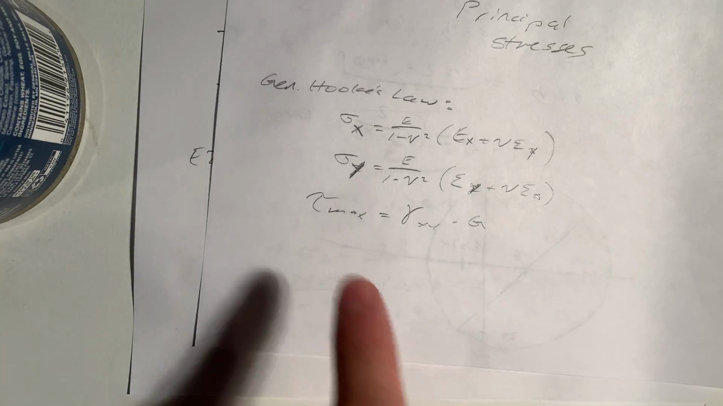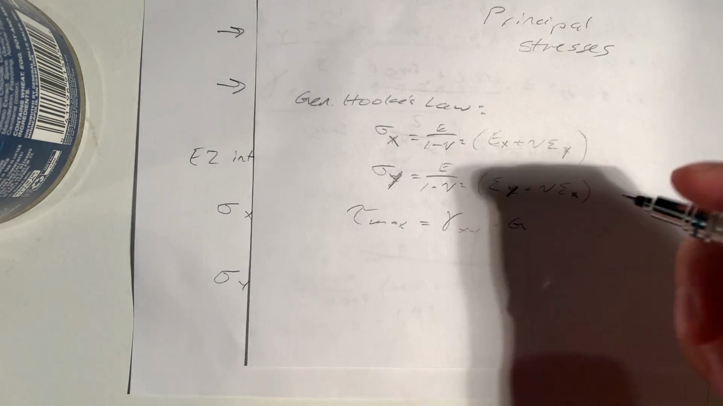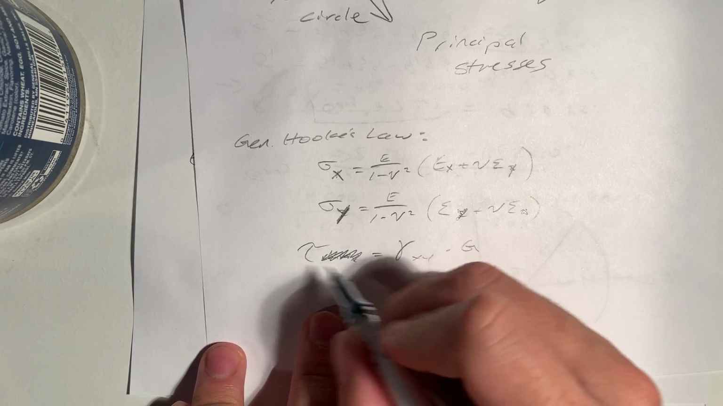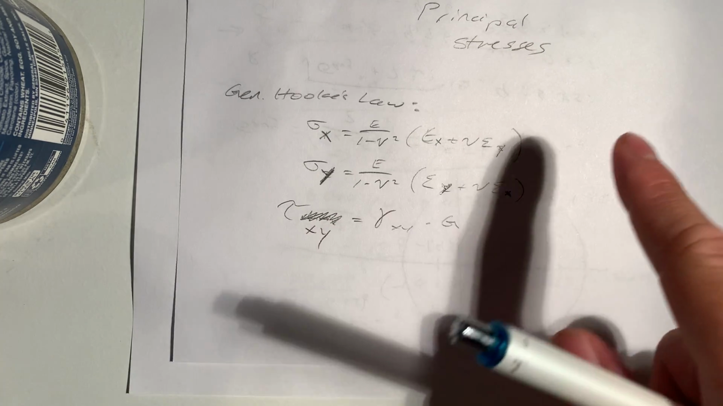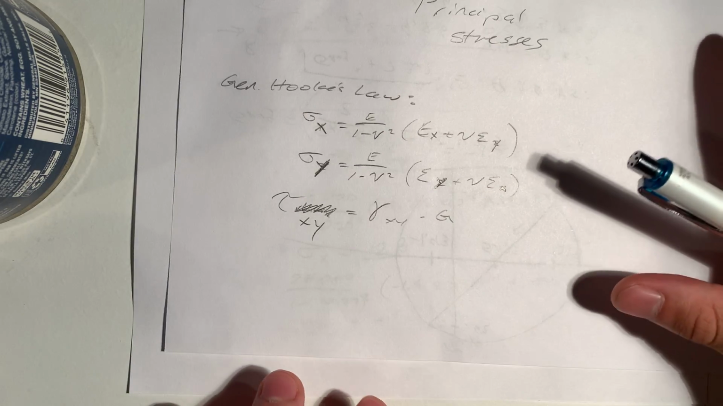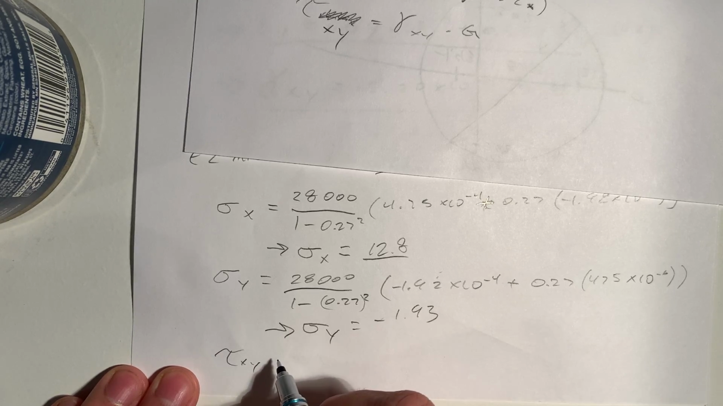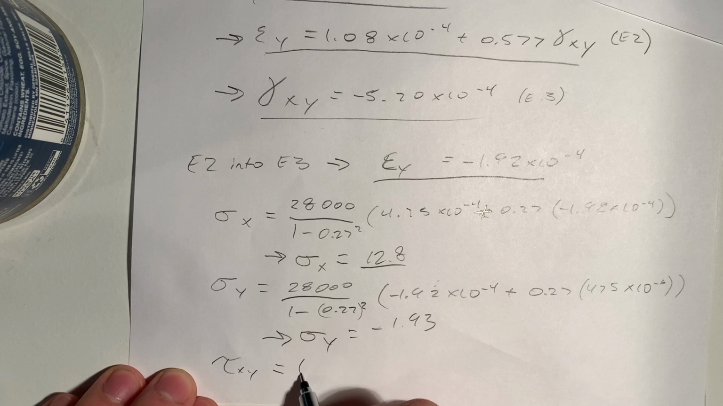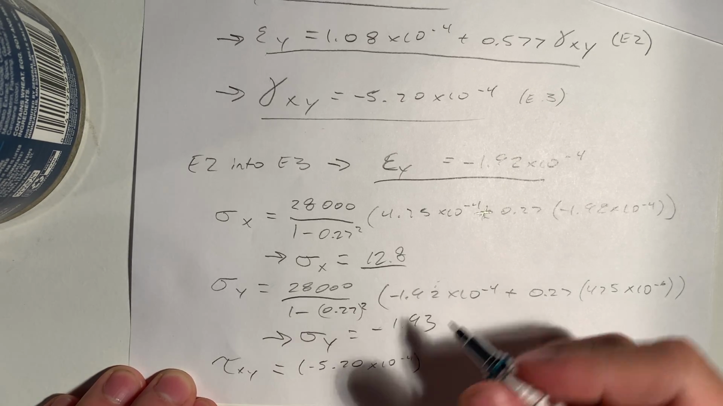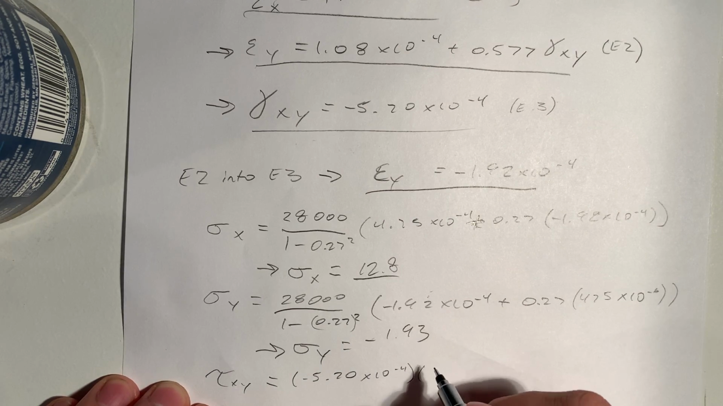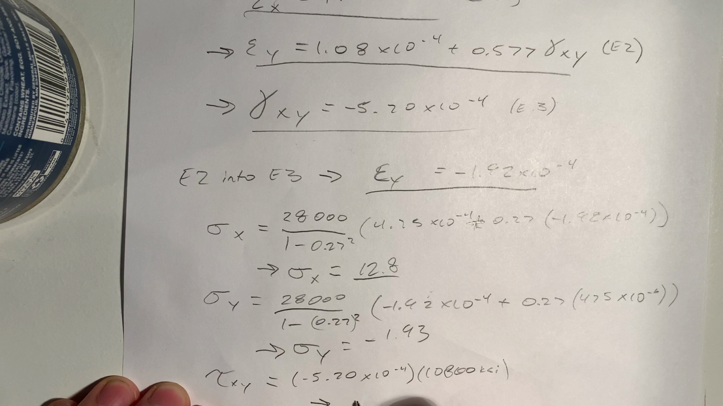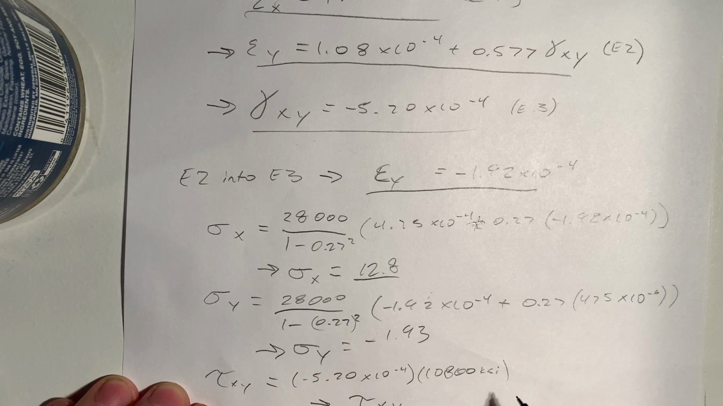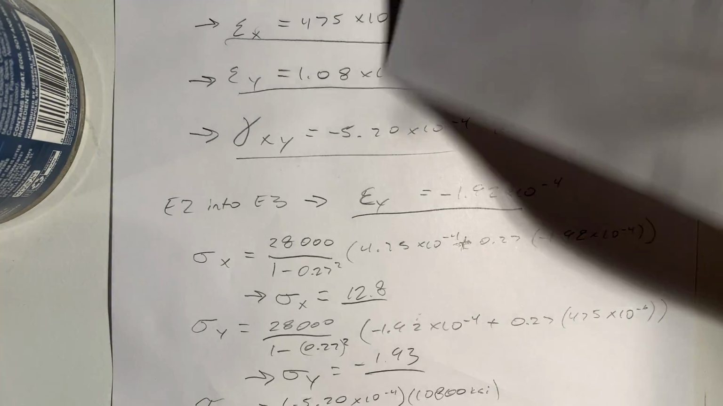Looking at our generalized Hooke's law equations, we want to find, oh man, I'm all messed up today. This is supposed to be tau xy, which is our shear stress, which is found by multiplying the shear strain times the shearing modulus. So to do that, tau xy equals gamma xy, which is up here, negative 5.20 times 10 to the negative 4th, times the shearing modulus, which we found earlier out of the property tables to be 10,800 KSI. Therefore, our shear stress equals negative 5.62. So now that we have these three numbers,